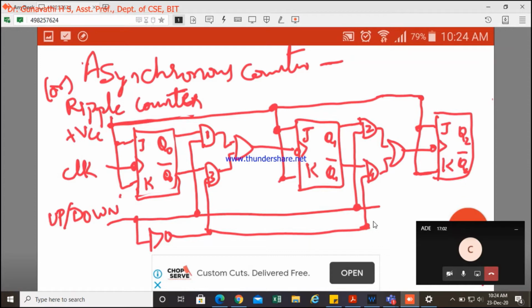Here we never restricted; we use 3 bits and make use of all the states that can be generated, so we are able to do a mod 8 counter. Whether it is an up counter or a down counter is decided by how we provide the clock.